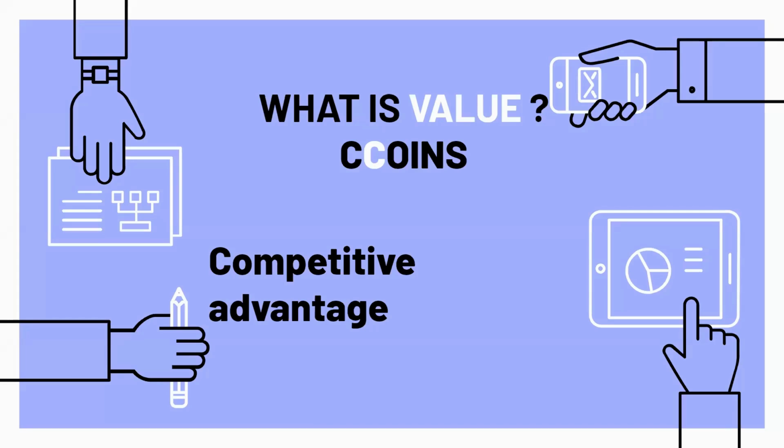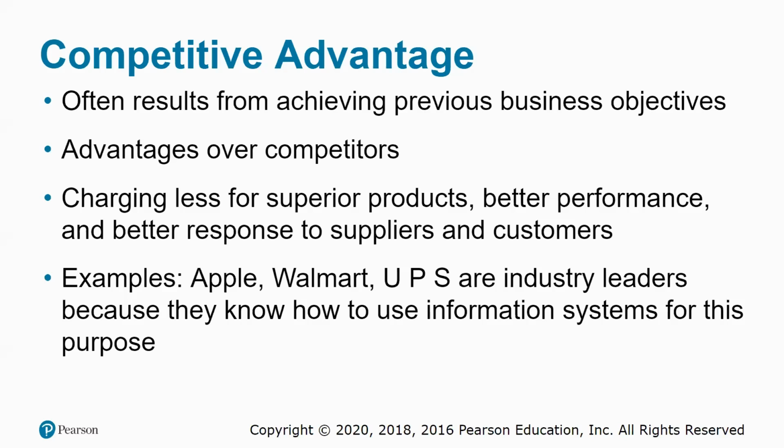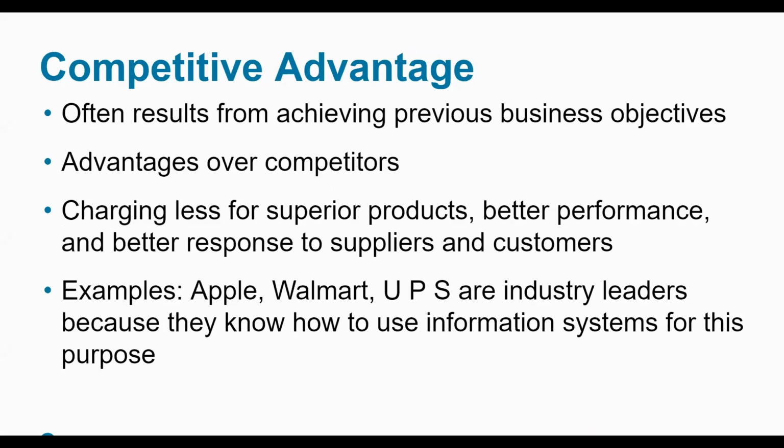The other C is for competitive advantage, and I kind of tapped into that a while ago. It looks at the results from achieving previous business objectives. We look at some of the advantages that you have over the competitors. Now, I want you guys to think about some of the universities that we have here in Belize. We have, or even junior colleges. We have UB, we have Galen, St. John's. What are some things that you think gives UB an edge over Galen or St. John's, if you know anybody going to these institutions?